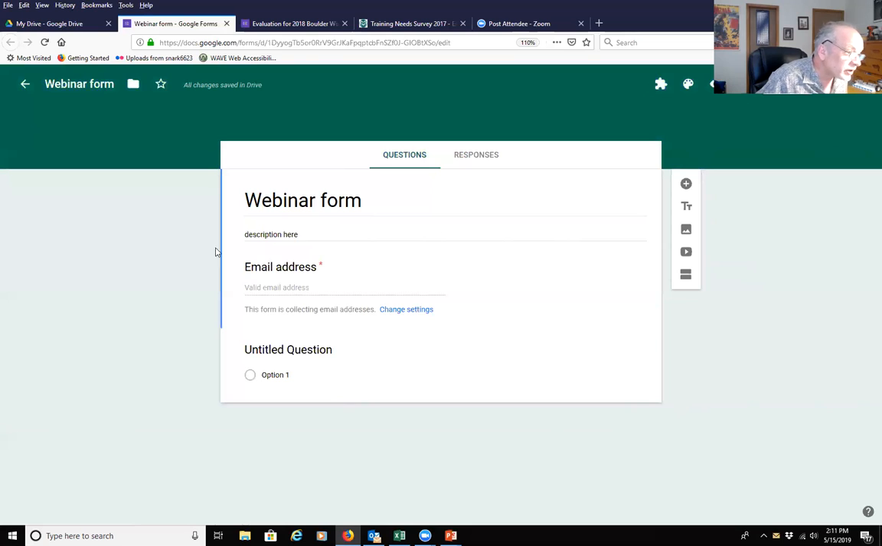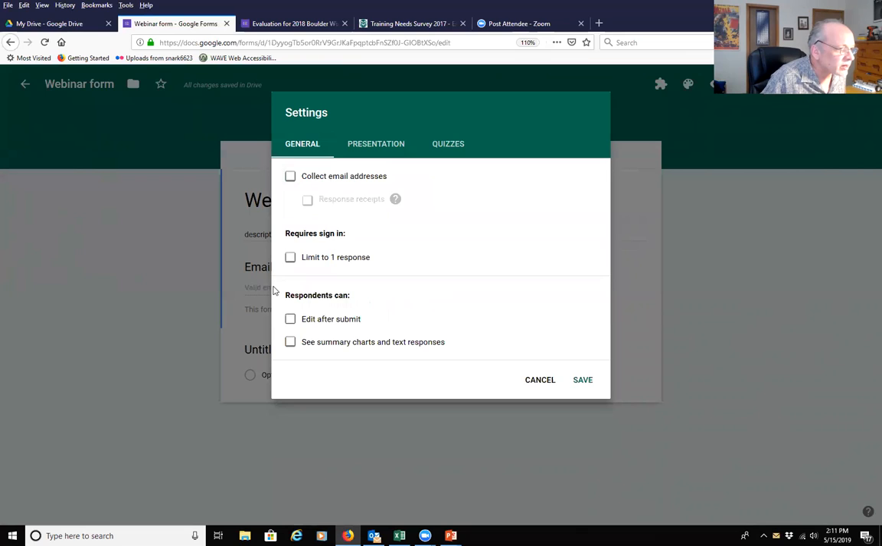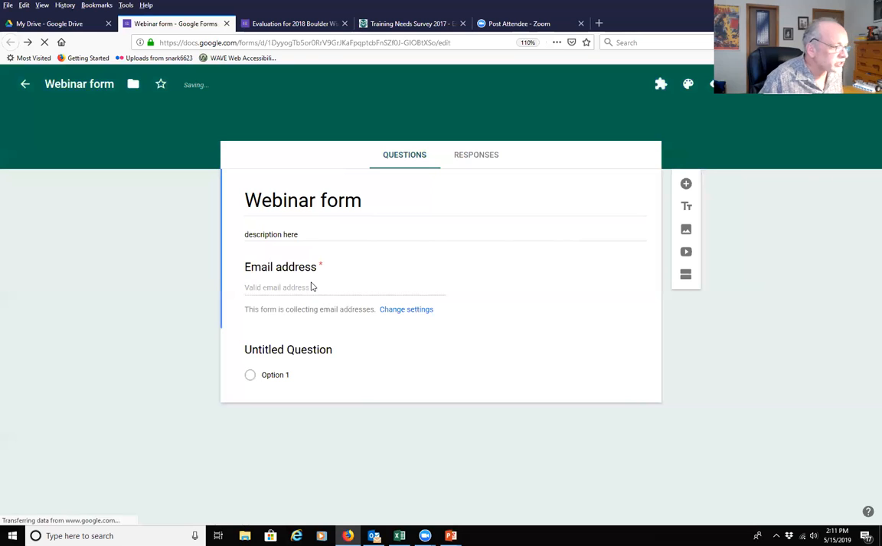So this first question here, email address, shows up by default. This is always there. The asterisk lets that end user know that's a required question. If you want to take this off, or perhaps make it a non-required question, you can go to Change Settings and turn off Collect Email Addresses. I'm going to leave this on, and I'm going to allow them, if they request it, to get a receipt. We'll look at the rest of these settings in just a little bit, but we'll use this email address as